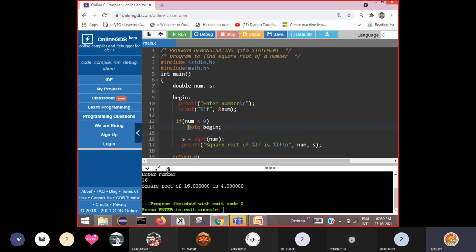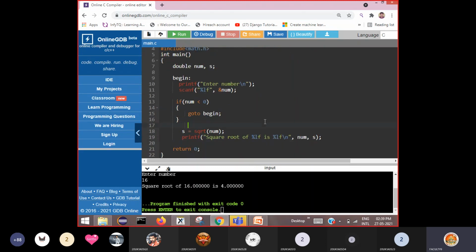I told you, when there is only one statement to be executed, there is no need of writing the if statement with braces like this. People generally write it like this even for a single statement. This is the beginning of if and this is the end of the if statement. So num less than 0: if the condition is true, then it executes this statement.